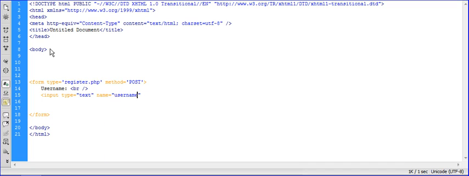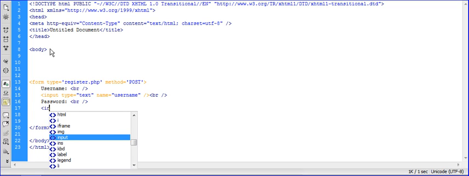Username, and this is important. You need to give it some kind of name, because this is where you're going to be accessing it when you use the post variable. Very important. Now for the password field, we're going to be using something pretty interesting, which not a lot of people know about apparently, but it's very important to use this